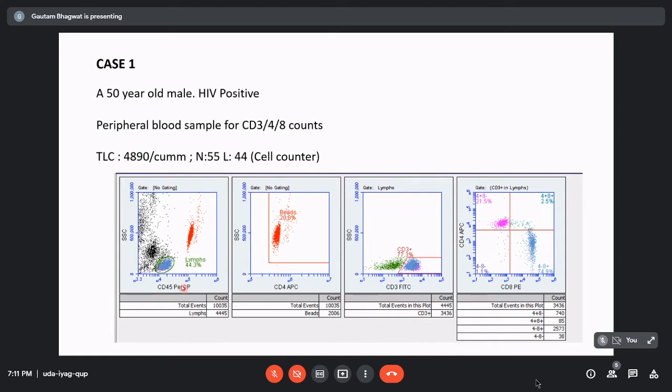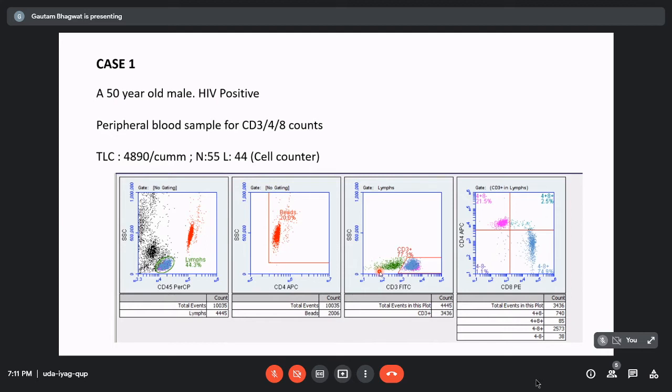So what exactly happens is, we get a lymphocyte gate here, the CD45 bright, which in this case is 44.3%. In this plot, only lymphocytes are being seen. We have a CD3 versus side scatter over here. All these cells towards the right are CD3 positive cells, that are the T cells, and all the cells on the left-hand side are most likely B cells and